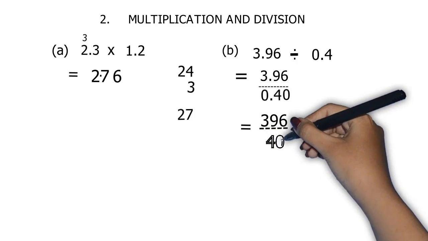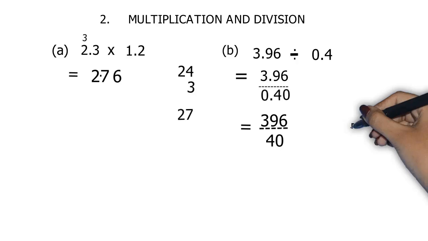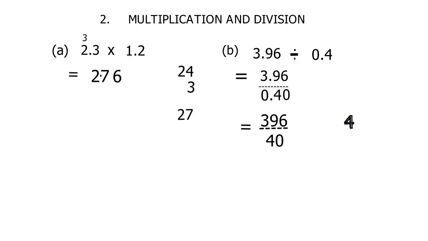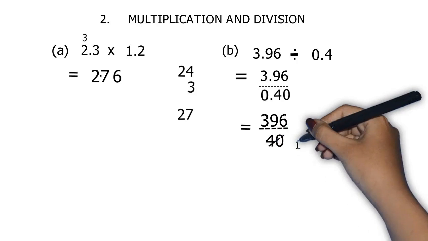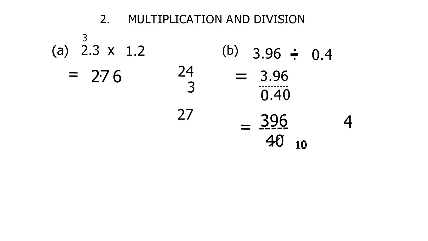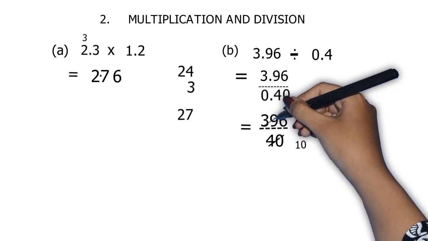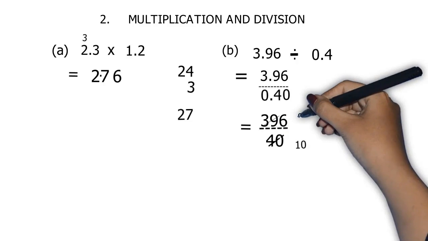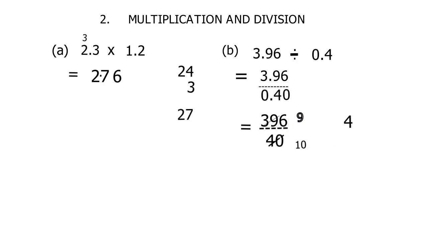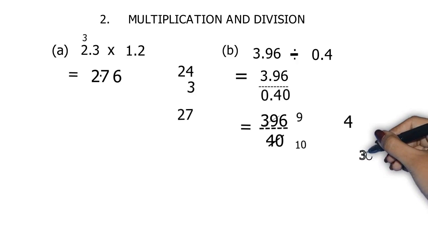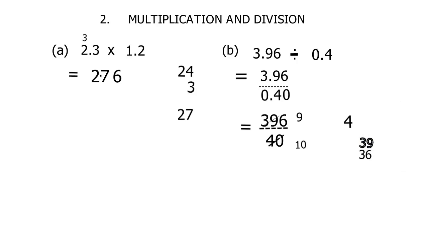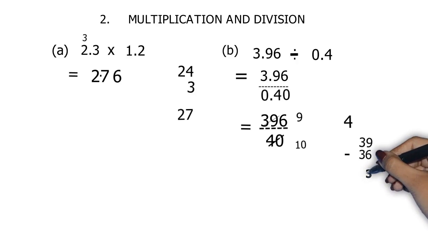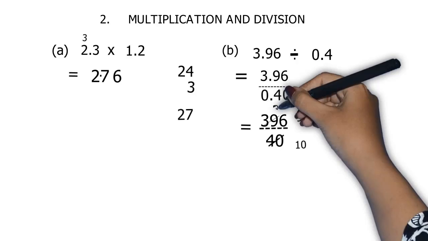Now here we're going to identify the table by which both numerator and denominator will be cancelled. So we are finding 4. We're going to start the division. 4 into 10 is equal to 40. Now in the numerator, first we're going to divide 39. So 4 9s are 36. We're going to write it in rough. Since we have the number 39, we're going to subtract 36 from 39 and find the remainder. So we get 3. So we're going to write 3 before 6.